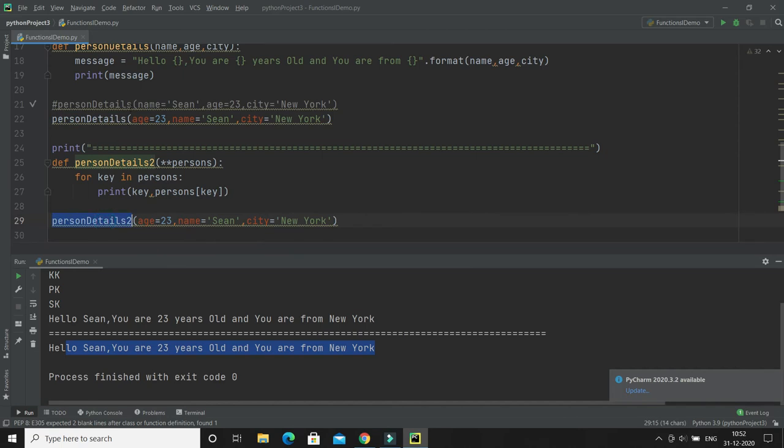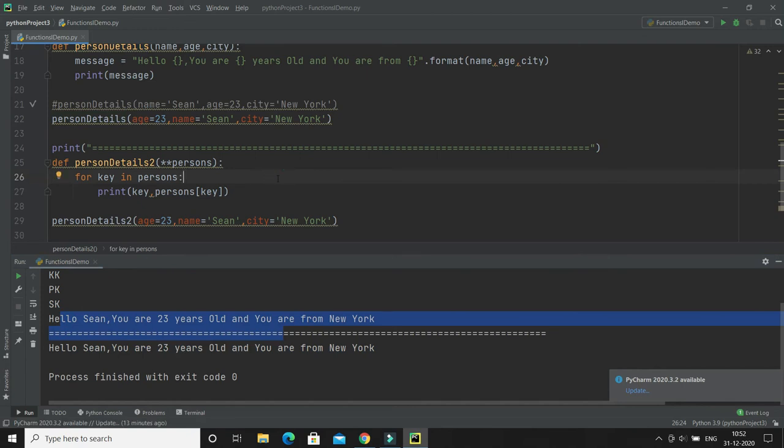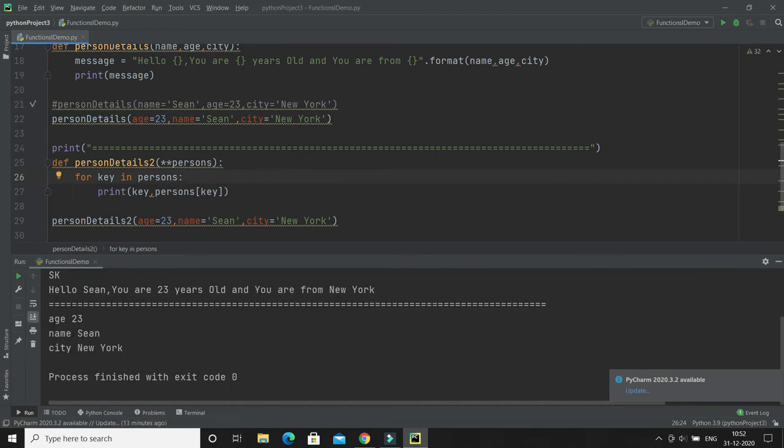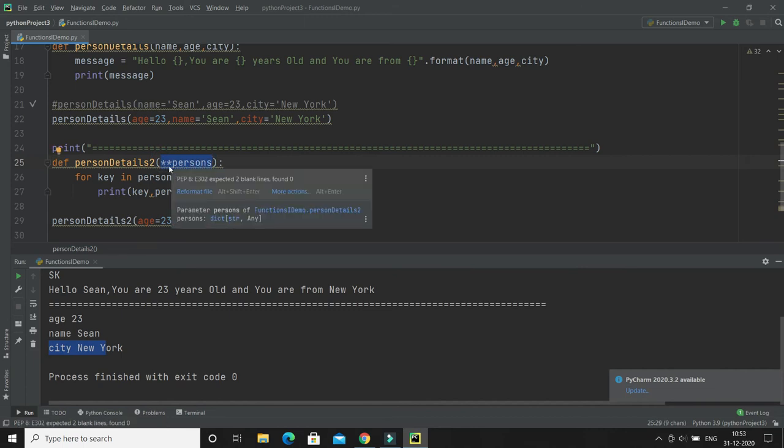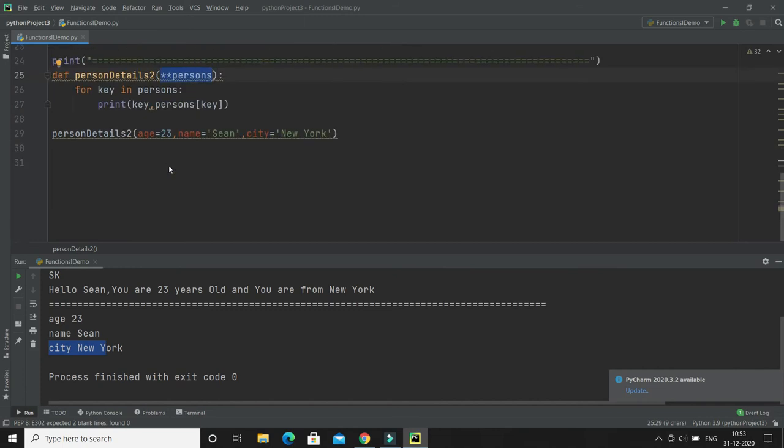It is calling the earlier function, and that's why I got the same output. So if I now run, then here you can see age, name and city and the corresponding values have been printed. So if you are not aware of how many key value pairs are coming, then you can use the double asterisk.